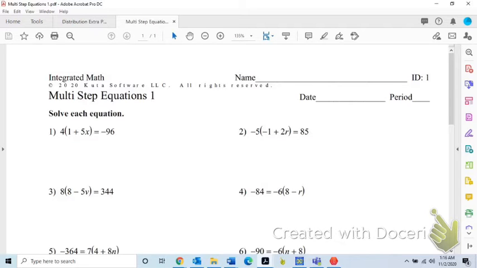Okay, now moving forward, what I want you to do is kind of move forward as a class. Some people might decide to work ahead, and that's okay. But in general, as a class,